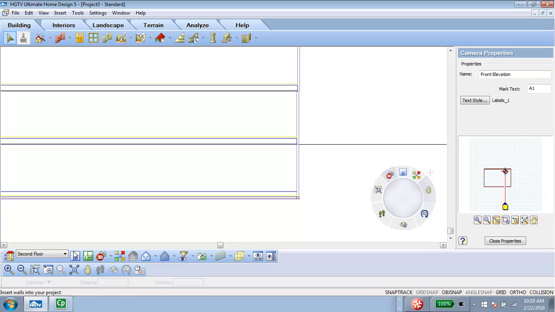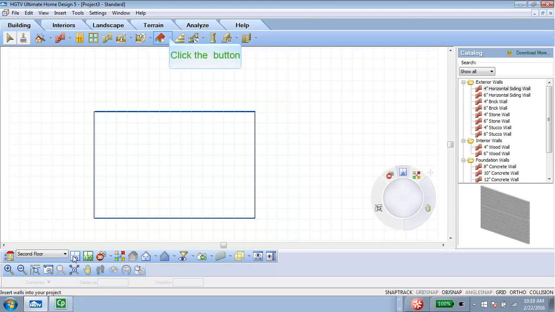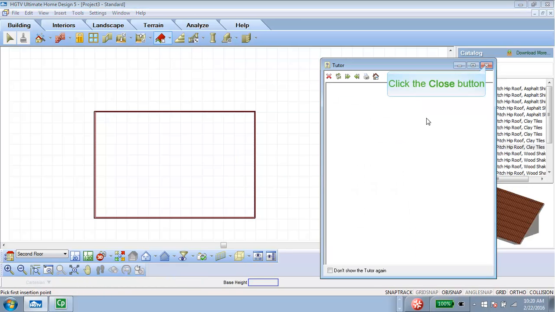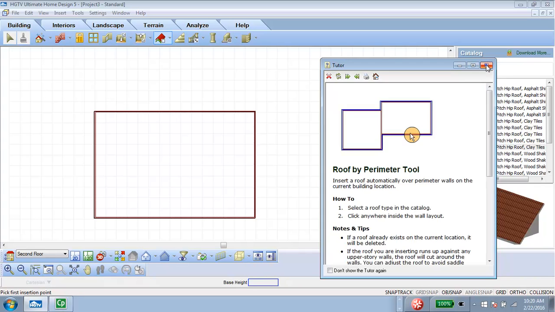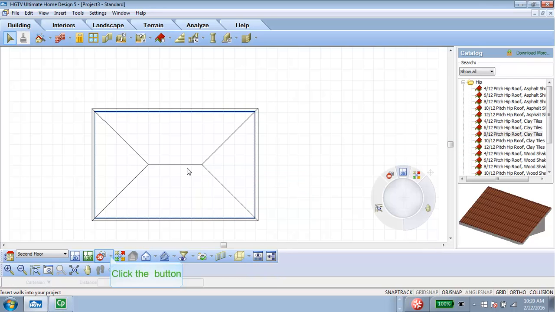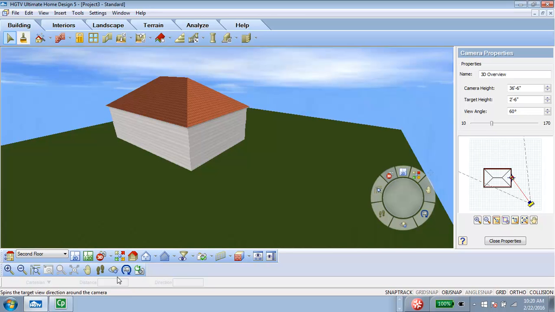So we'll go back to our 2D view. Second floor, and now we'll just add our roof to complete the structure. And we'll just pick one of these pitch roofs here. We'll just click on that. And now if we look at it, we have our 2-story structure, and this would be a 4,800 square foot